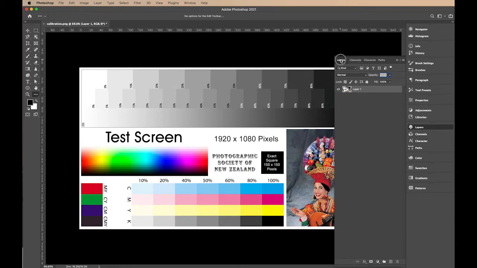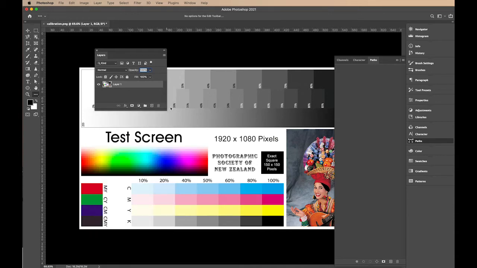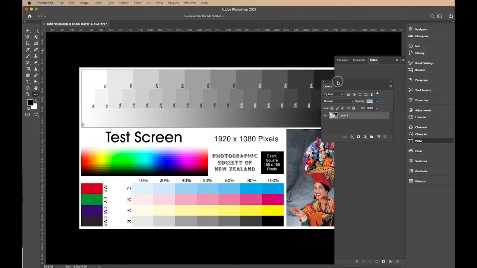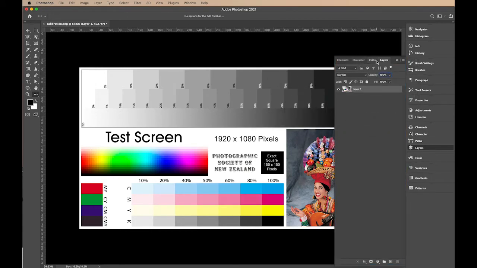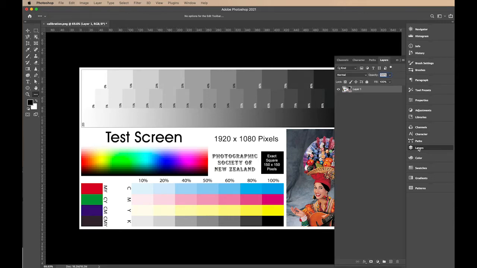One thing to say is we can drag, if we feel we want this resized and moved away and moved somewhere else on our window, we can move it around, and we can also re-dock it when we see that blue line appear. It redocks it into the palettes, and we can open and close it by clicking. Let me explain what we're looking at here. We have just one single layer in this file,